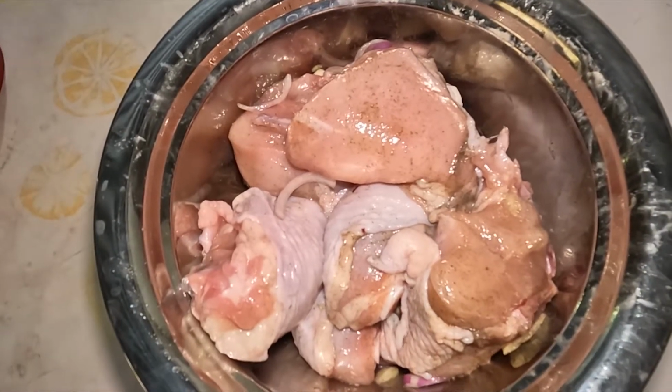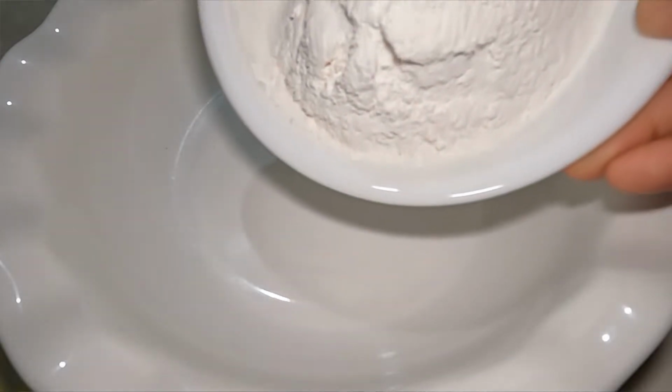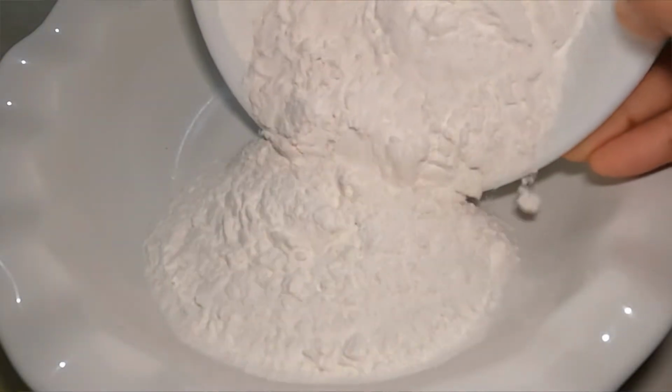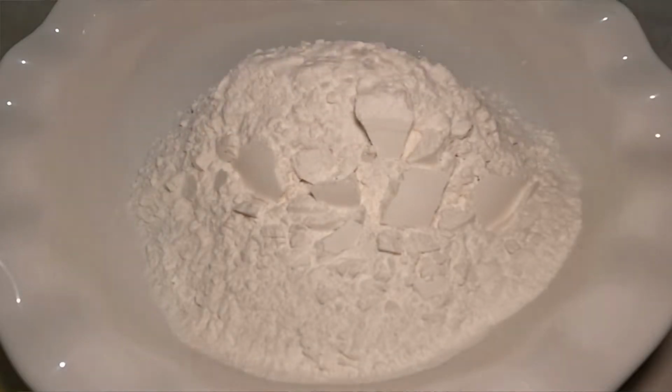Then, we need to cover and let it marinate for 1 to 2 hours or overnight. If you are letting it marinate for more than about an hour, I would highly recommend putting it in the fridge. After marinating, prepare the breading mix by combining the ingredients of 2 cups of all-purpose flour sifted, a teaspoon